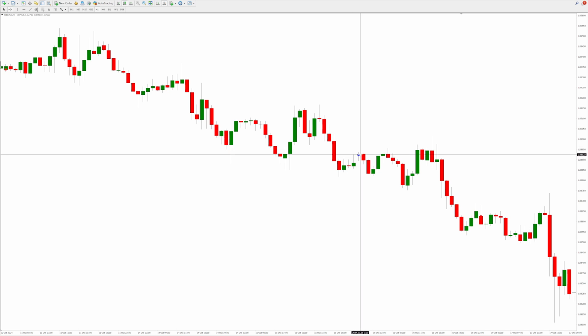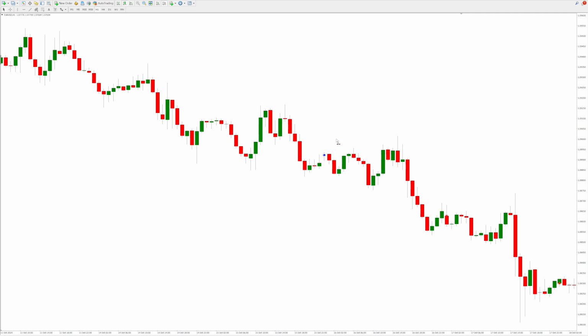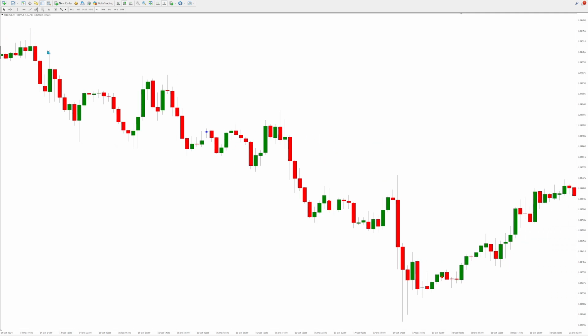And not to mention, with a 4 pip target, you'd need a stop loss. Well, your risk reward is going to be terrible, because your stop loss will have to be greater than 4, and you could even be taken out with a 1 pip swing in the opposite direction. So I wouldn't trade the close of the gap in that way, but